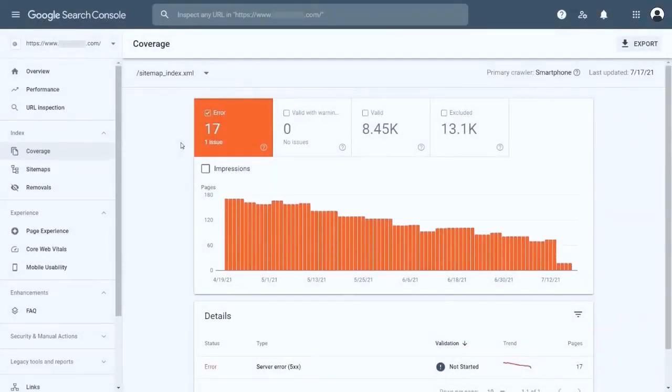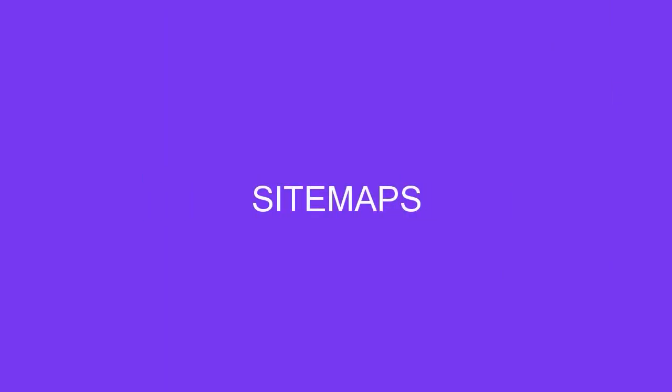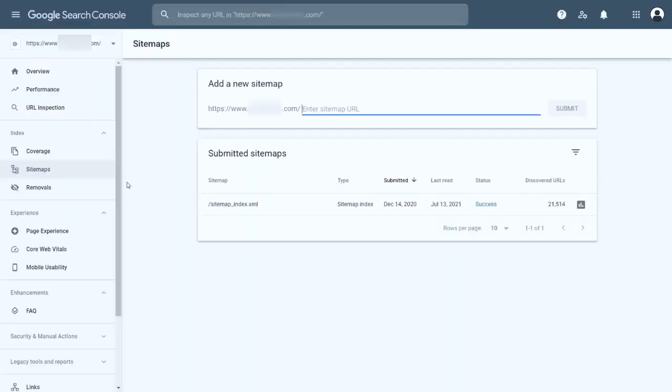Moving forward, the second option in the index section is for sitemaps. A sitemap is a file that contains a list of all the important pages of your website. The reason for having all of them stored in one place is that it helps Google crawlers to find all the pages in one place instead of discovering them via internal links. There are basically two types of sitemaps, XML sitemap and HTML sitemap. But make sure for Google Search Console, when you're submitting your website sitemap, it must be in XML format because Google can't process HTML sitemap yet. Also, adding a sitemap to your Google Search Console account is a ranking factor.